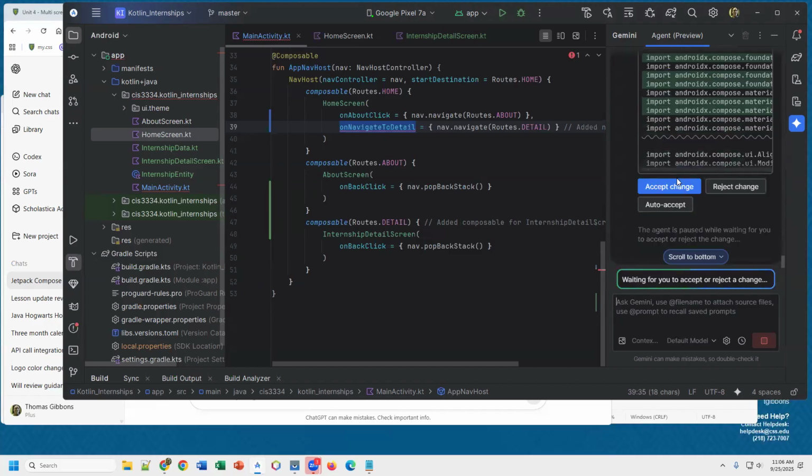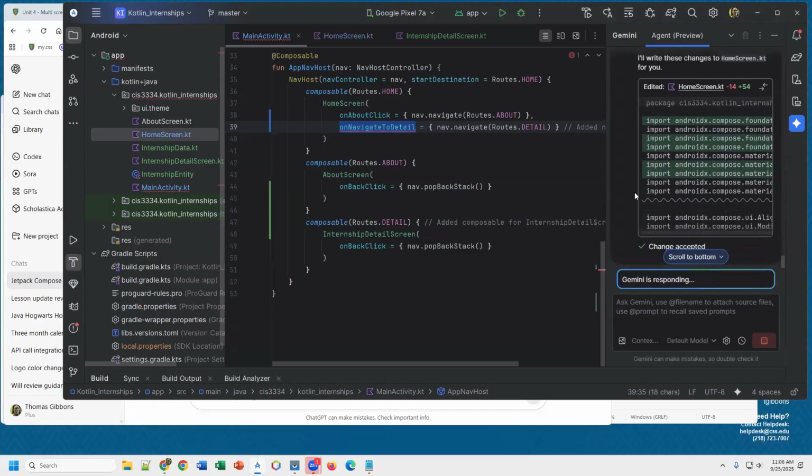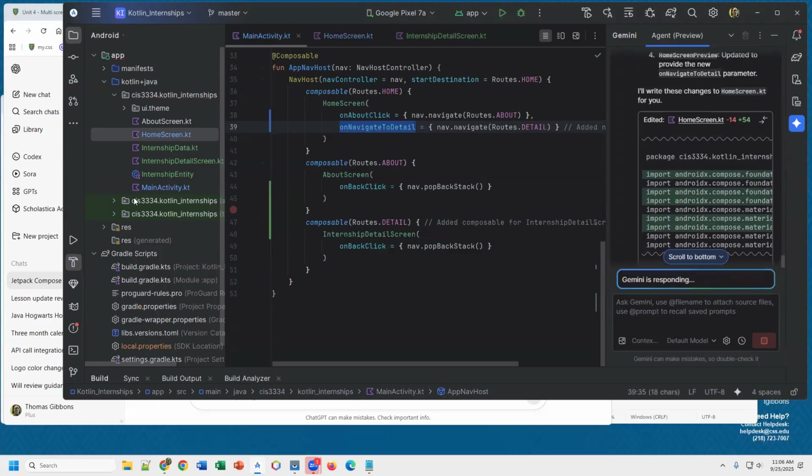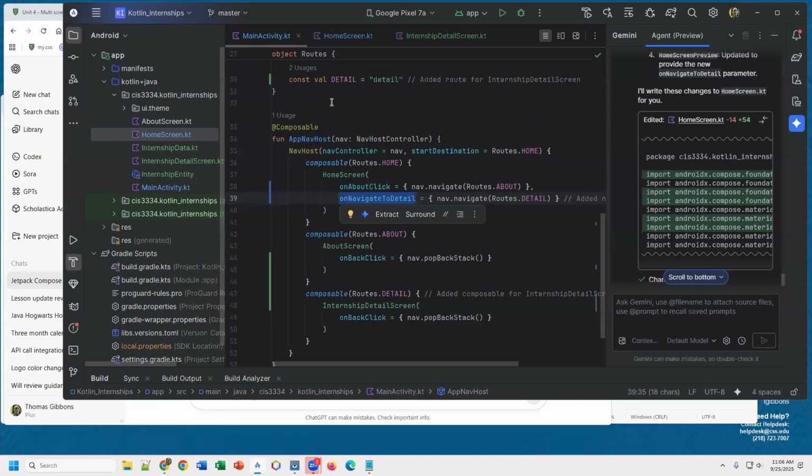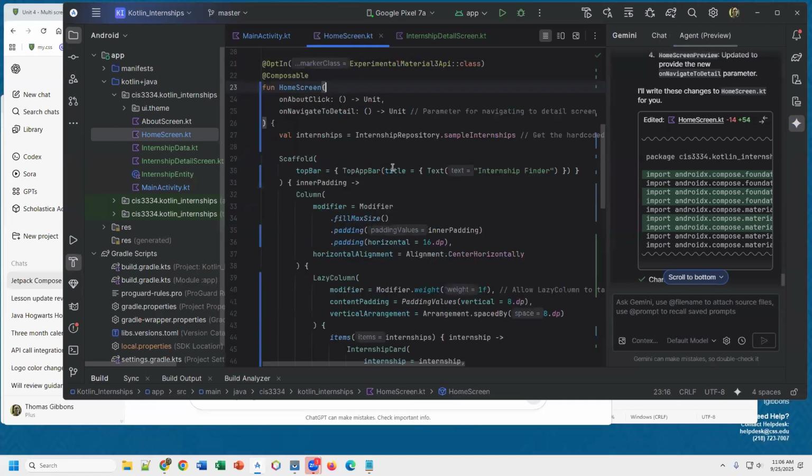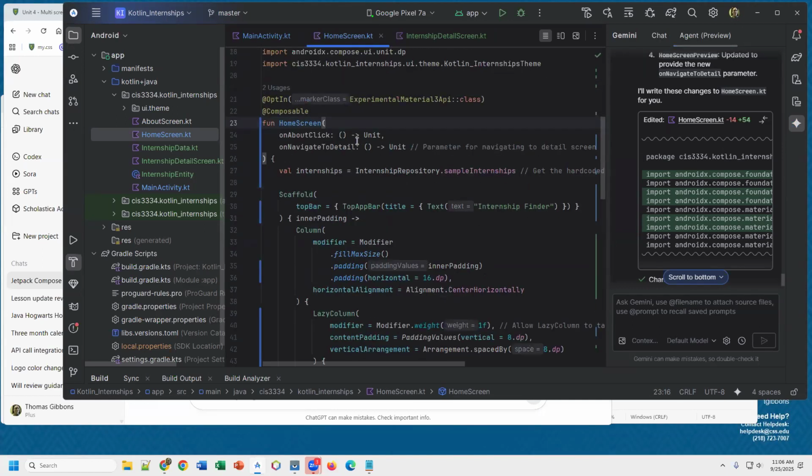So, okay, it says updated the home screen. So now the home screen's been updated for that. Now one thing you'll note is that when it updated the home screen with the internships, it also fixed that error with the navigation detail and added that. Because remember,